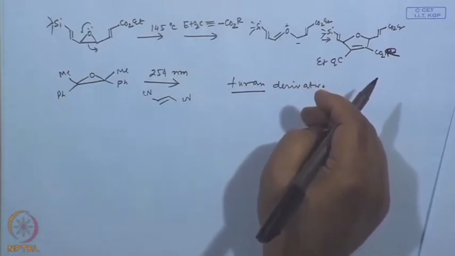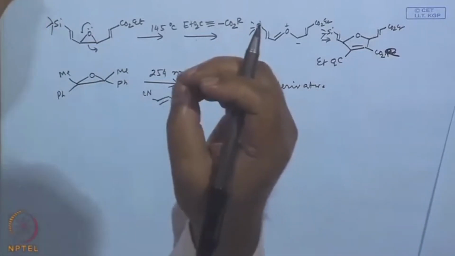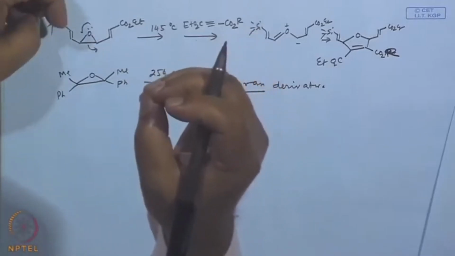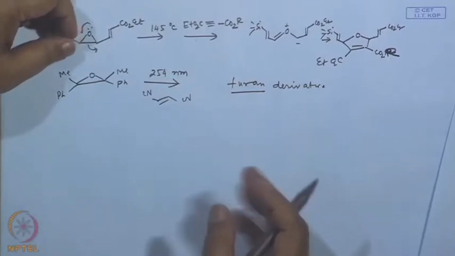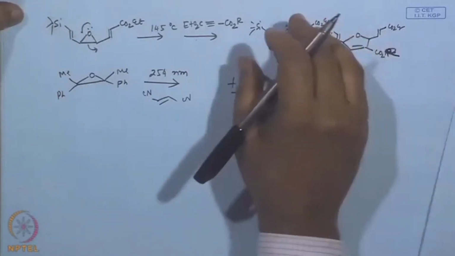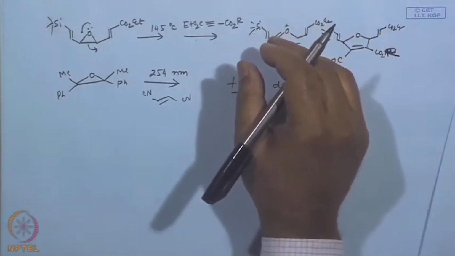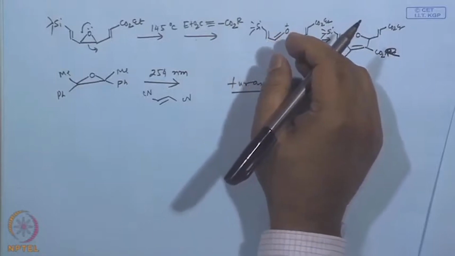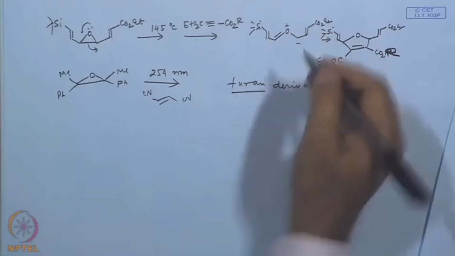What else can you do? There is another interesting way of producing these carbonyl ylides. This example could be again from the decomposition of diazo compounds, like we have seen in one of the previous examples. So, that is a very general reaction. I will just give you one simple synthesis of